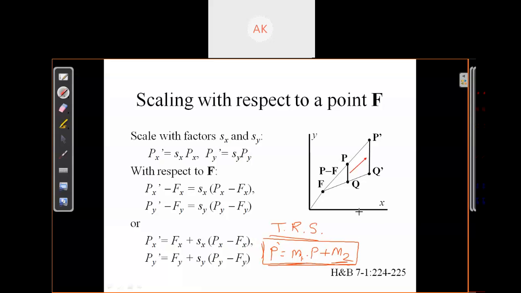Okay, I am just repeating. For translation, we have seen the matrix form P dash equals P plus T. For the rotation, we have seen the matrix form P dash equals R into P. For the scaling, we have seen S into P plus T. So this is the general form of the formula of your transformation. Here M1 is a multiplicative matrix and M2 is an additive matrix or translation term.